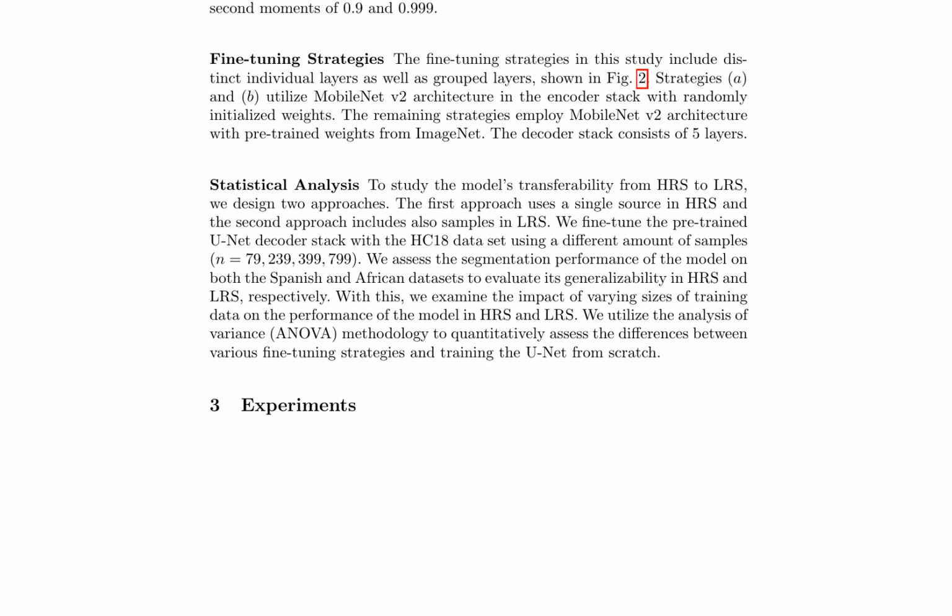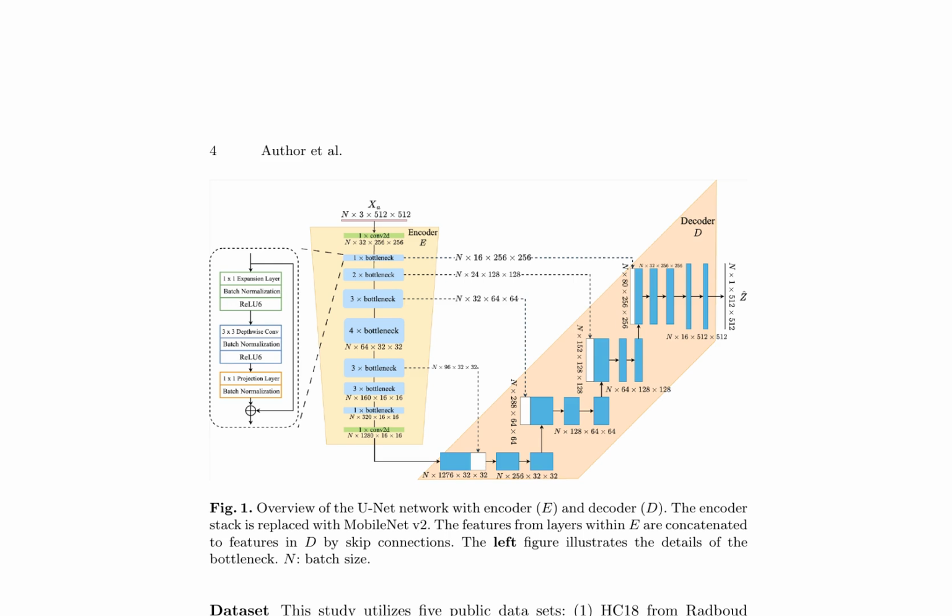The statistical analysis employs 2 approaches to study the model's transferability from high-resource settings, HRS, to low-resource settings, LRS, using a single source in HRS and a combination of samples in HRS and LRS. The experiments utilize 5 public datasets, HC18, Spanish, and African datasets, which exhibit differences in acoustic shadows, speckle noise, and missing boundaries. The input pixels are converted to single float precision in the range -1 to 1 for training and testing